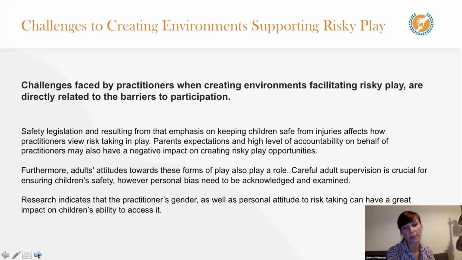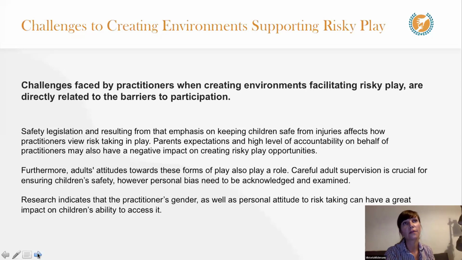But whether we know about it, whether we are aware of that, that's another story. From my experience, in settings where the management attitude towards risky play is very much that of facilitating these opportunities, then practitioners' attitudes, even though they might have personal bias, will be leaning towards creating those opportunities.